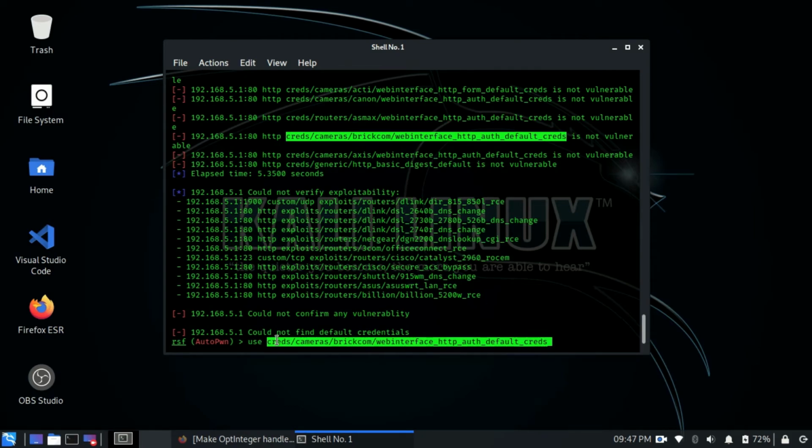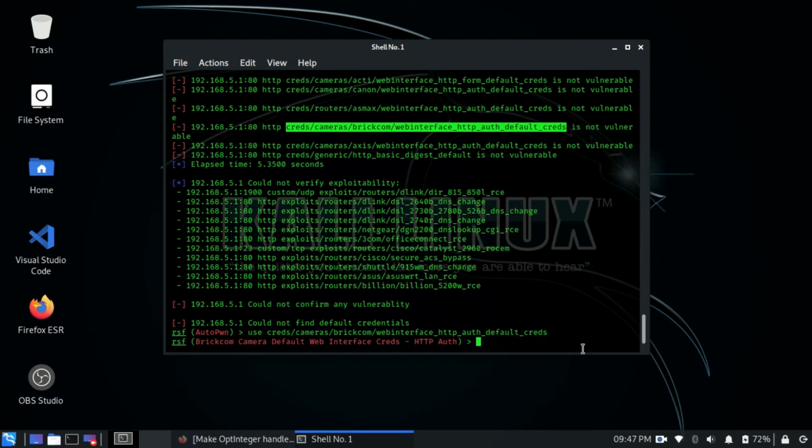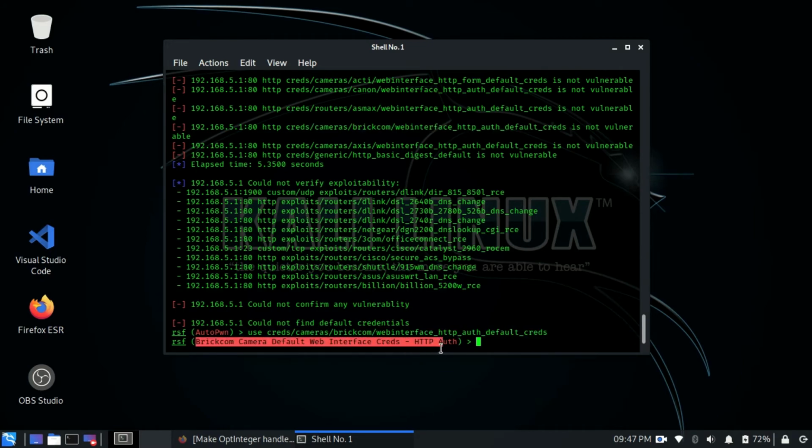After pasting it, you just need to press enter. This will enter this submodule. This is the exploit. After we enter here, we need to type run. As soon as you type run, it will show some detailed information about that particular exploit, and it will also show some more useful information.